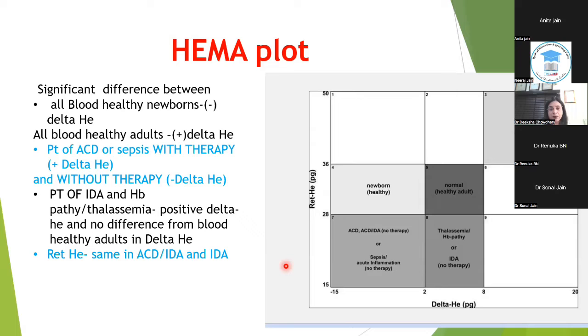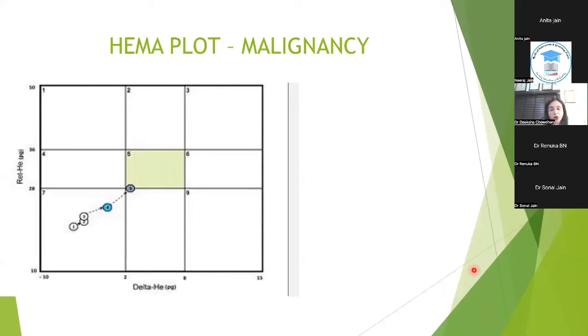So this helped to differentiate cases of anemia of chronic disorders from those of iron deficiency anemia. Second point was that Hemaplot helps in the monitoring of therapy in iron deficiencies in chronic cases. Taking up a case of malignancy,